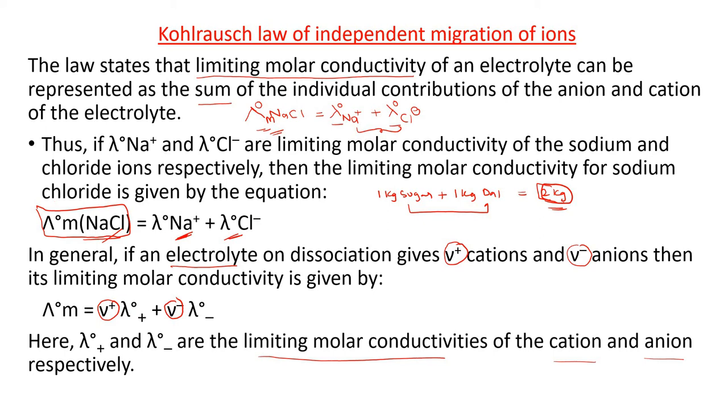We'll take some examples now. When you observe here, Al2(SO4)3 is taken. First of all, you dissociate into ions: 2 moles of aluminium, the charge of aluminium will be +3, and 3 moles of SO4 -2. Now, how many cations are there? 2 cations. How many anions are there? 3 anions here. This will be V plus, this will be V minus.